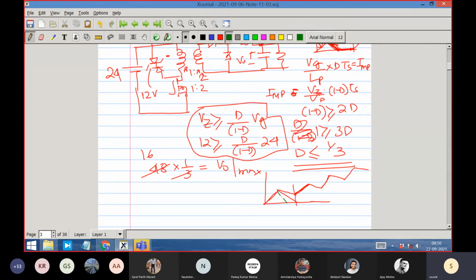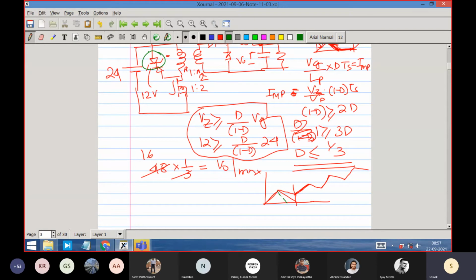Now anybody will commonsensically ask, then why do we not increase it? What is the problem? Why don't we go to 36 volt? Well, obviously the allowable duty ratio will increase, but the loss has to be considered. In power electronics we always have to take into consideration the losses that are happening. You can see this is a loss. This will affect the efficiency.